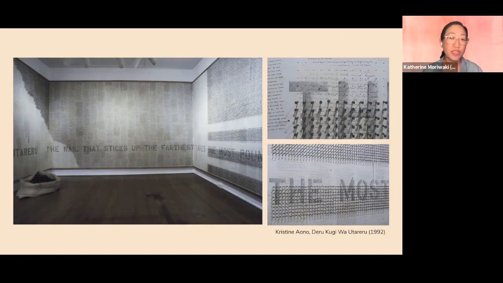This is a project by Kristine Aono, and the title of the project is Deru Kugi Wa Uteru, which translated into English is the nail that sticks up the farthest takes the most pounding. It's a project about the incarceration of Japanese Americans during World War II. It was a project that really was intentionally created to process that intergenerational trauma that exists when a group of people are incarcerated, and specifically with the Japanese American community, of being racially scapegoated,